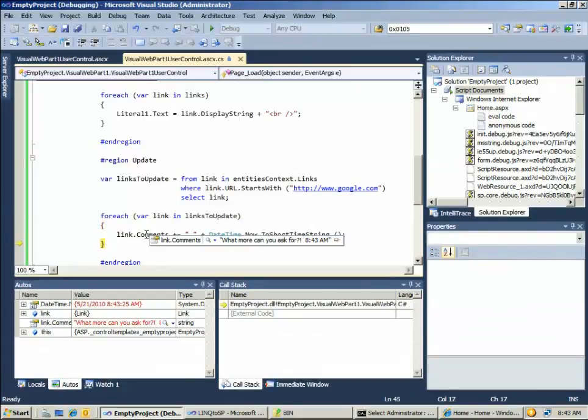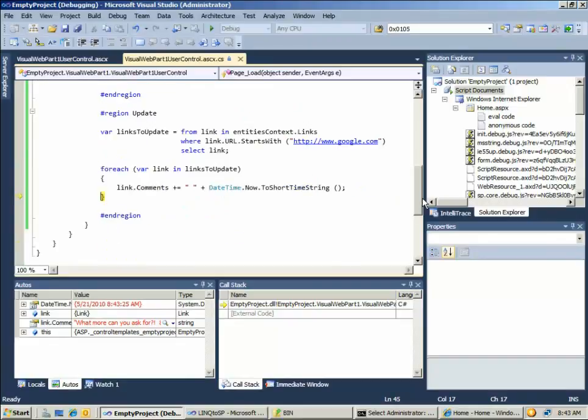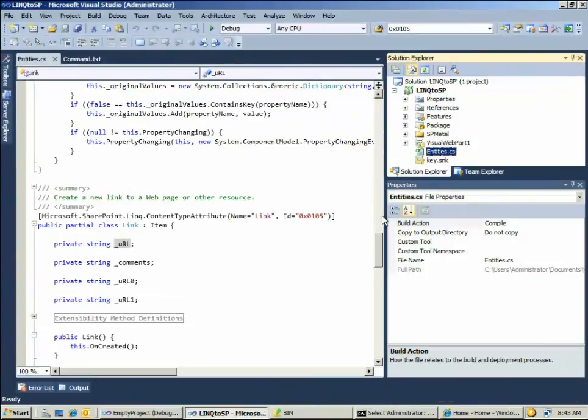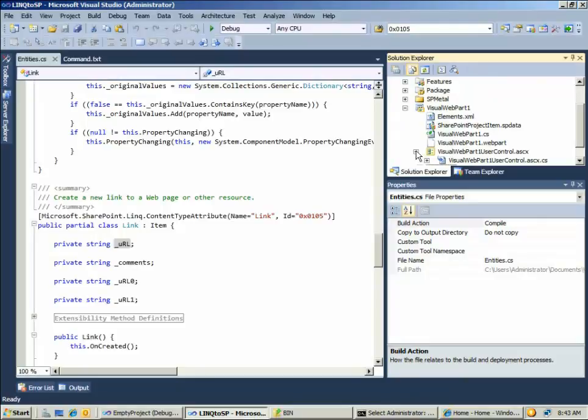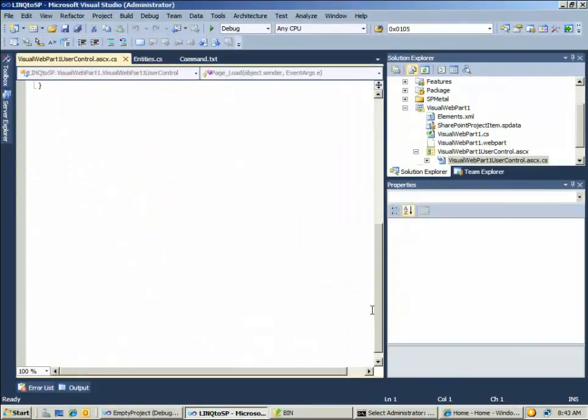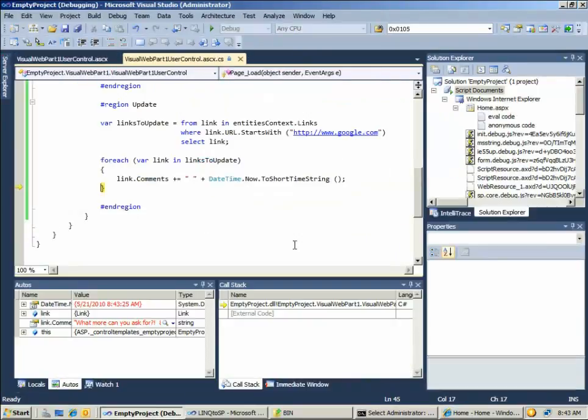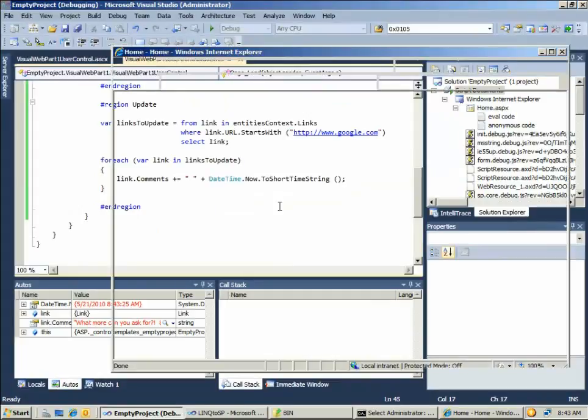Nothing exciting there, it's only updated the private field. One thing I actually forgot to add here, this isn't actually going to work, apologies. I apologize for that. I'll just pop back here for a second and show you the code that I wrote earlier instead of trying to redeploy this. There is down below the submit changes method that we need to call to actually have this persisted back to SharePoint. So unfortunately that's not going to happen in our case,